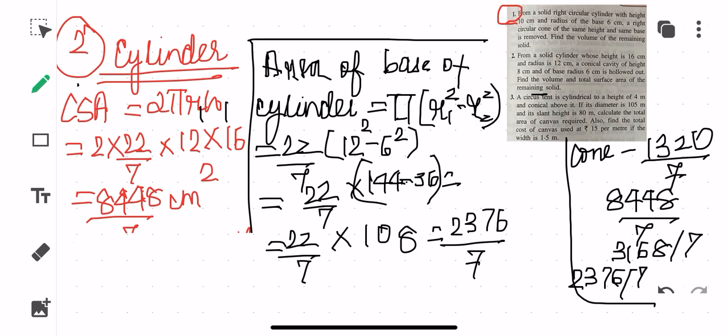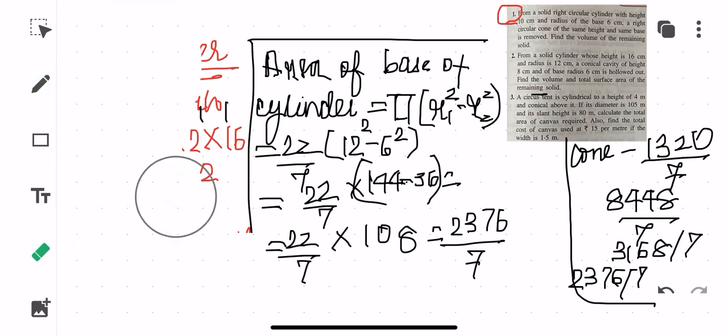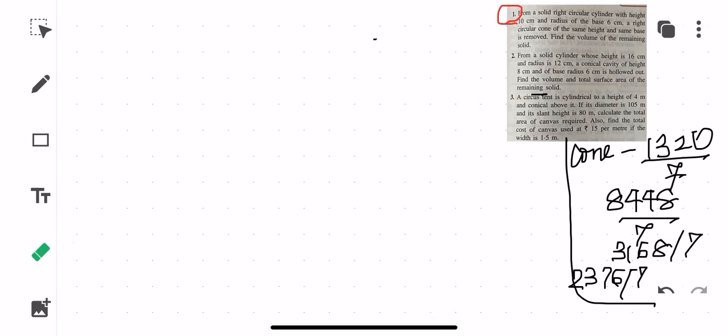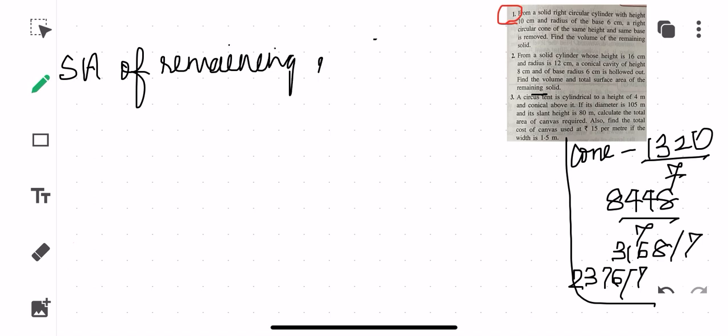So this is what is complex here, children, the rest of the things are basically calculations. If you are able to understand what you have to take out, then your work is done. Okay, so what will you be writing now? Surface area of the solid, or the remaining solid they are talking about, will be equal to, write down, we have calculated first what?